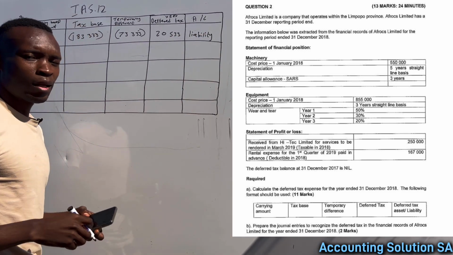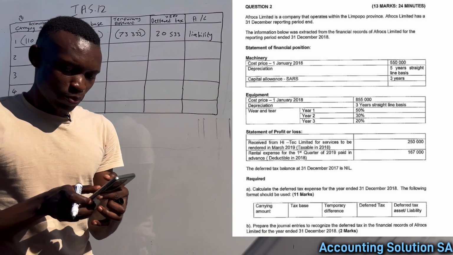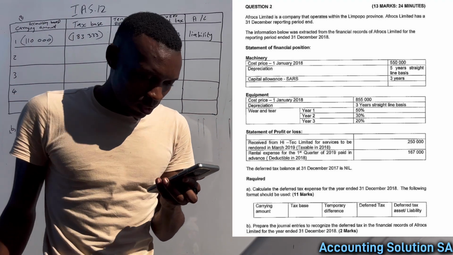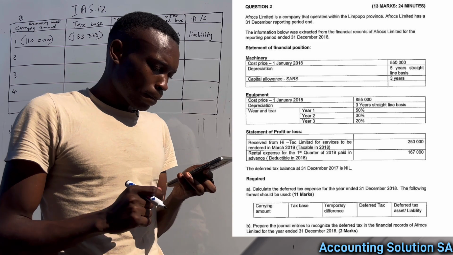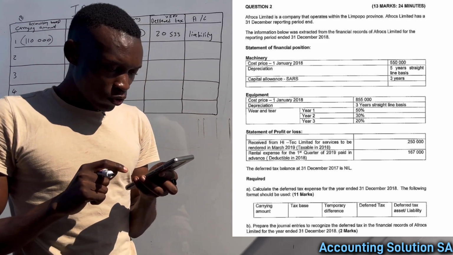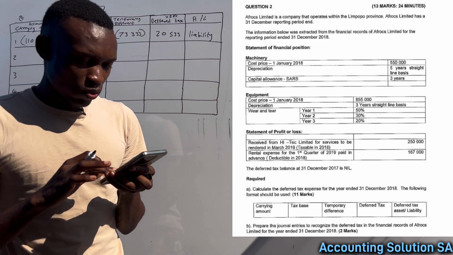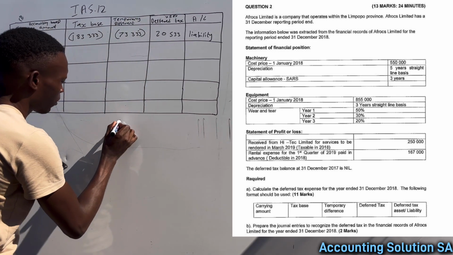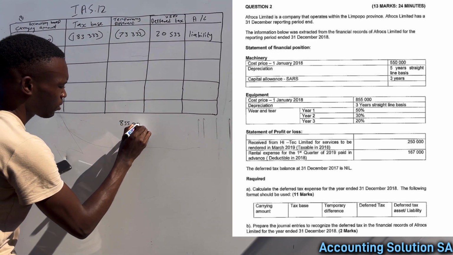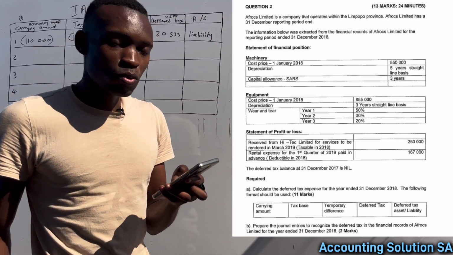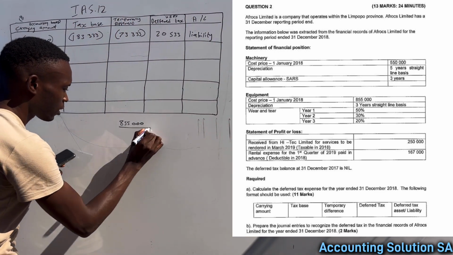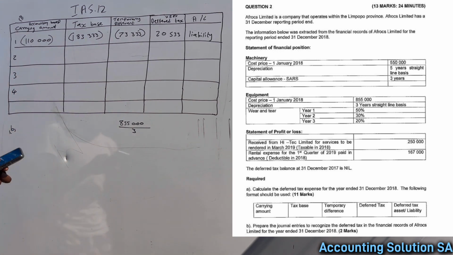It will be liability. Okay, now let's proceed to the next one. The next one is equipment. Okay, equipment, they say that the cost price on 1 January 2018 was 855,000. Okay, and they said in accounting we need to use a useful life of 3 years, divided by 3. Okay, then if you do this calculation, you are going to get